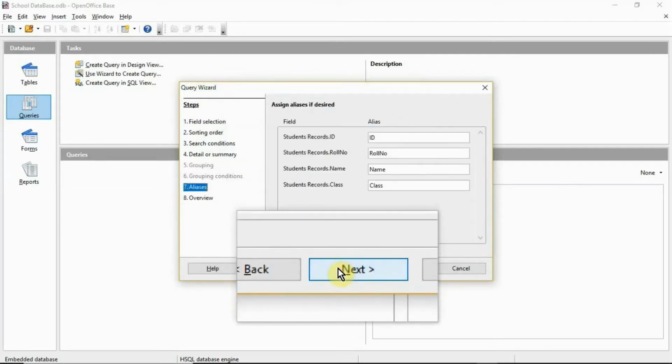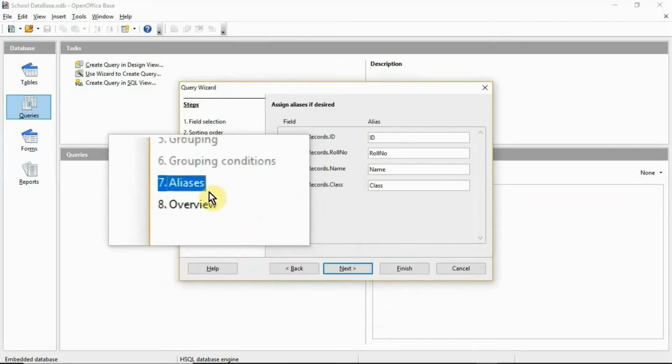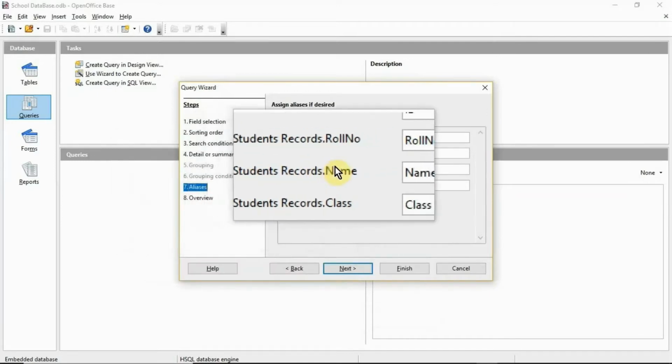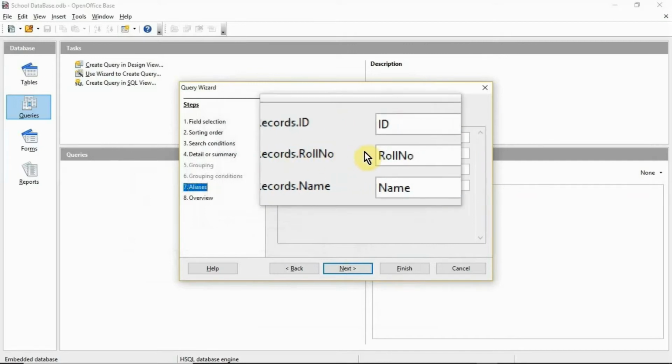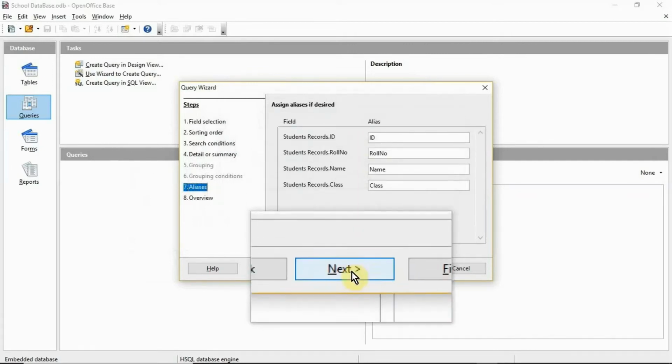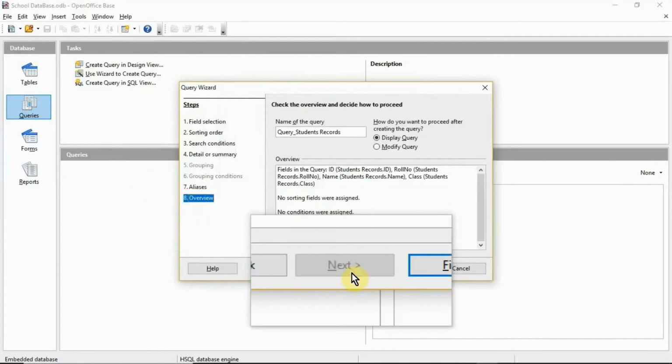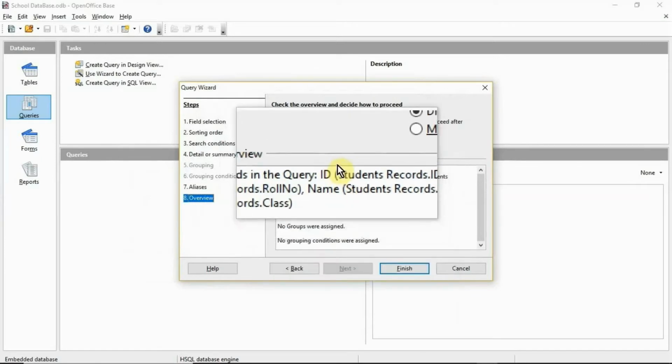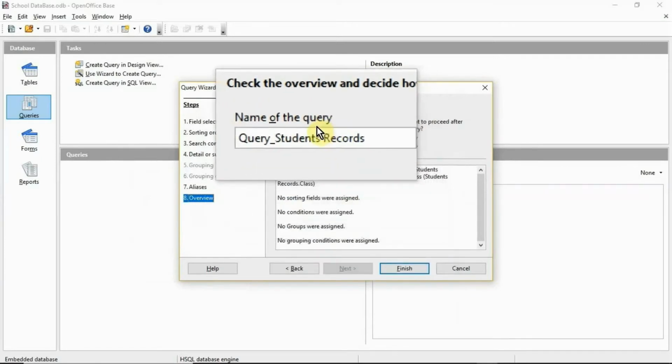And the next step is alias. If you want to change the field name you can, otherwise leave it. Click the Next button. And the last step is overview. If you want to change the name of the query you can.